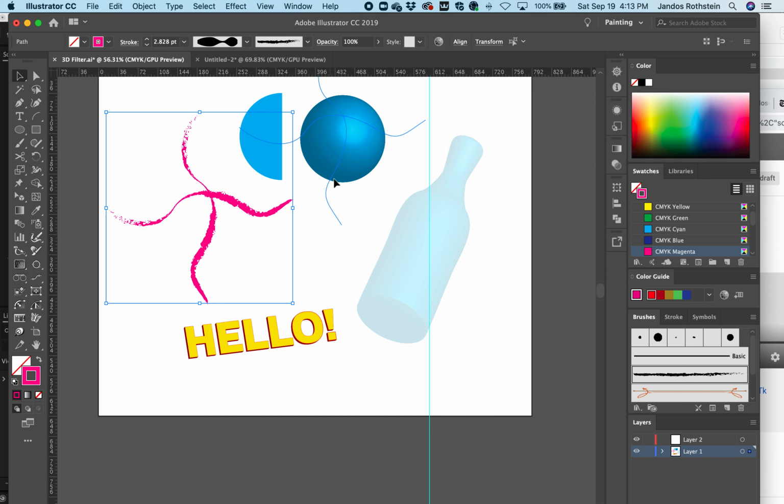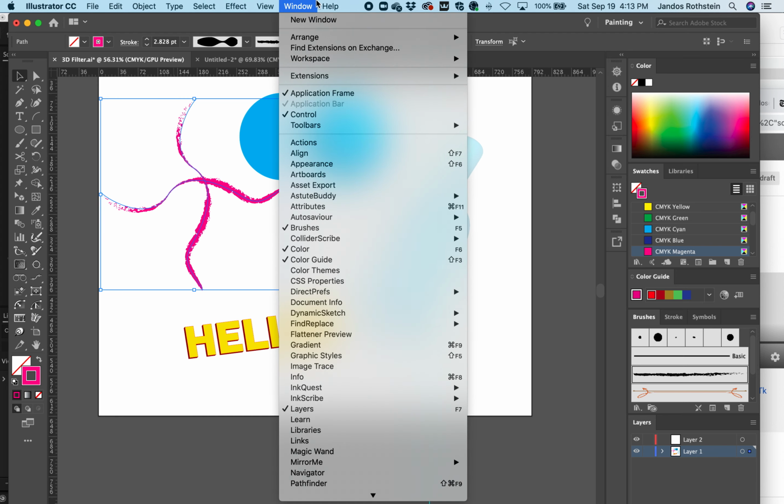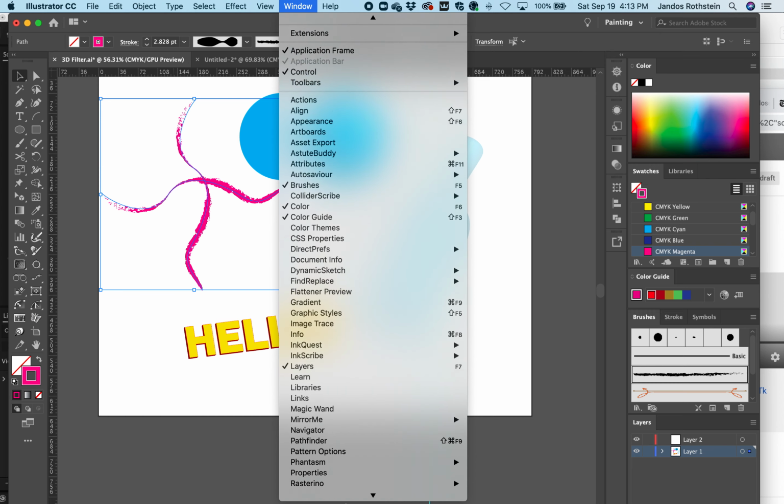And I want it to look like it's going around the curve. So I can do that, but first I have to turn it into something called a symbol. And we'll look at just a couple of other uses for symbols. And I think I have to bring down the window for that. So let's go to